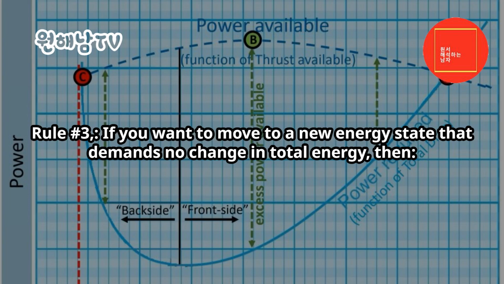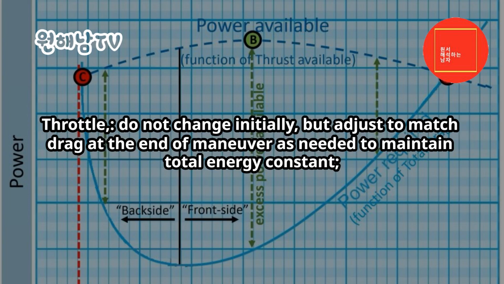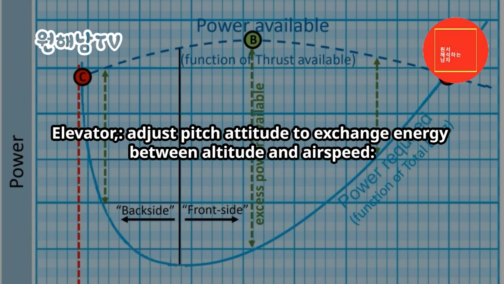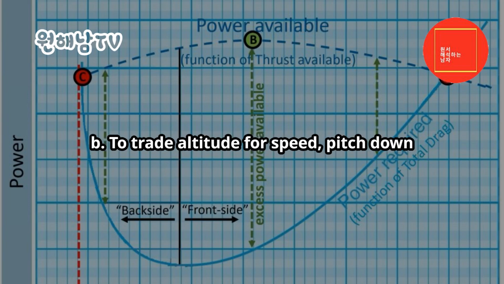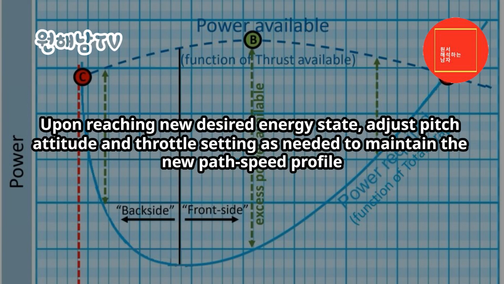energy, then throttle: do not change initially, but adjust to match drag at the end of the maneuver, as needed to maintain total energy constant. Elevator: adjust pitch attitude to exchange energy between altitude and airspeed. A. To trade speed for altitude, pitch up. B. To trade altitude for speed, pitch down. Upon reaching the new desired energy state, adjust pitch attitude and throttle setting as needed to maintain the new path speed